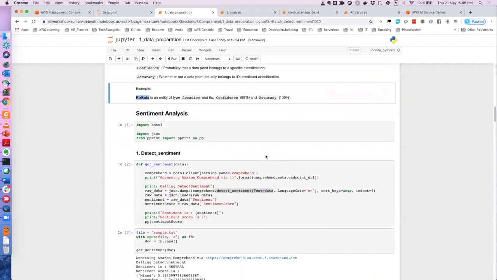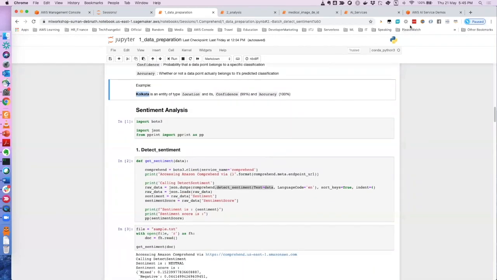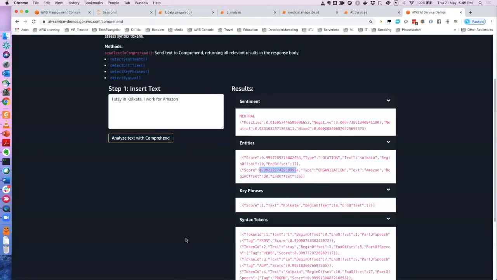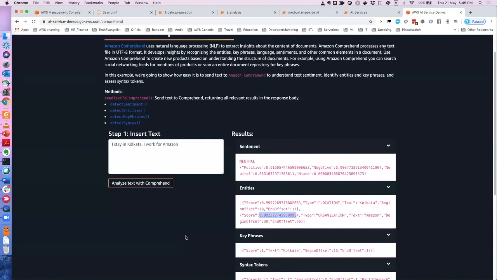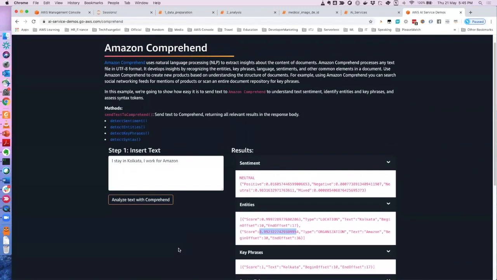So now let's see what happens in the back end. Here, this is a web application written in Node.js by one of my teammates, Nick. But what is actually happening behind the scenes? This is a web API UI, but what is happening when I click here, and how do things work inside, and how can you use Comprehend in your application?